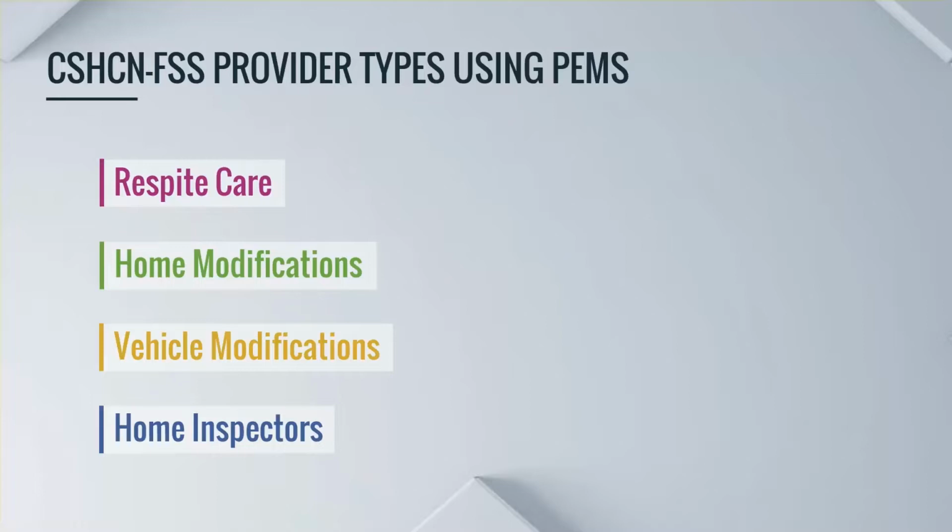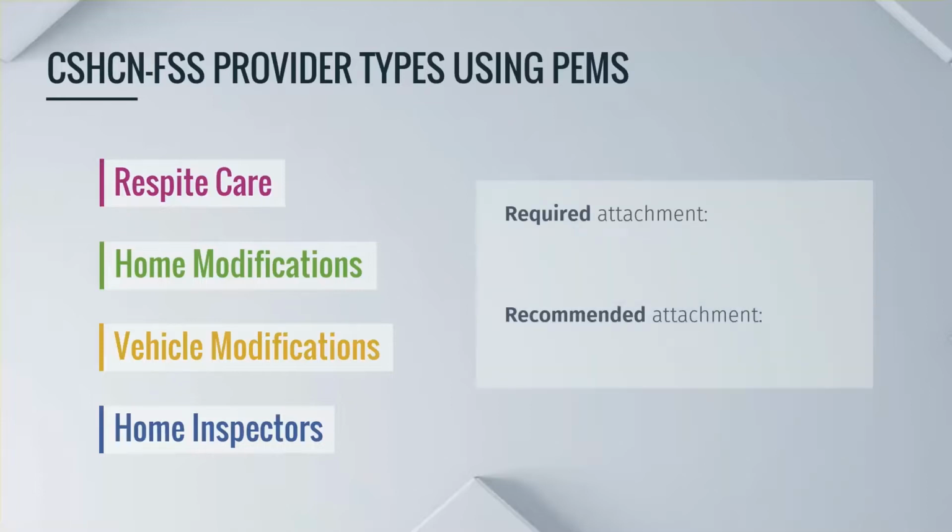These services can help families care for clients with special health care needs. FSS can also help a client become more independent and makes it easier for them to take part in family life and community activities. Note: all FSS provider types are required to attach Form 4109, Application for Texas Identification Number,